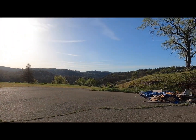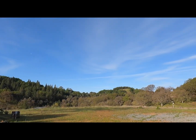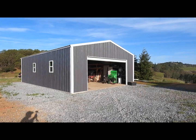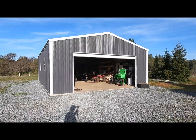All right, so first off, I want to show you a little bit about the latest OSG Garage. We lived in the Bay Area for about the last 5 or 6 years, and recently we decided to move up to what a lot of people would call God's country. We're here in Northern California, and when we bought the house, it didn't have a big enough garage for us, so I built this. This is a 24 by 36 Versatube building,